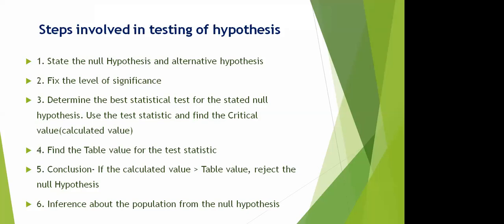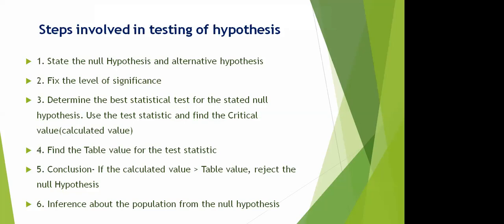And the next step is we need to find the appropriate statistical test we should choose for the testing of hypothesis. So which statistical test is appropriate to prove the said objectives in the thesis or in the study. So the third step is to fix the exact test statistic to prove the data. And then we want the calculated value. When we apply the statistical test, we will get a result that is called the calculated value, and we have a table value also, and we need to compare the table value and the calculated value.